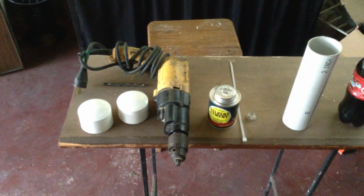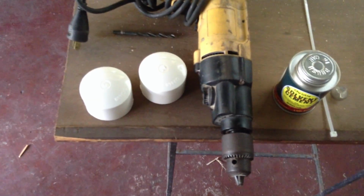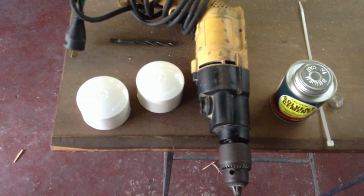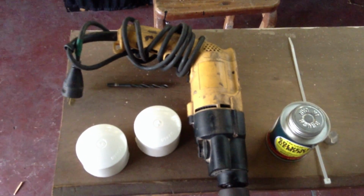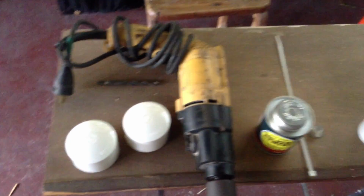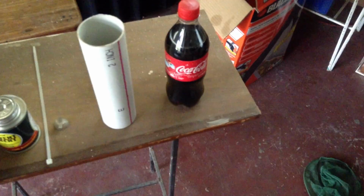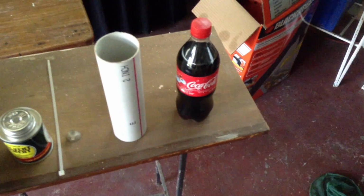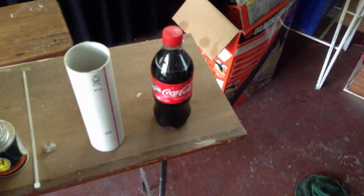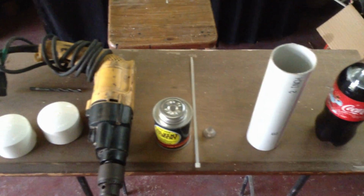So these are some of the things that you'll be needing to make it. You'll be needing two PVC and two 2-inch PVC end caps, an electrical drill and a drill bit that is the size of airline tubing, some PVC cement, a tie strap, a suction cup, a length of 2-inch PVC, and your favorite soda. So, some additional things that you'll be needing that are not here include an air pump, some